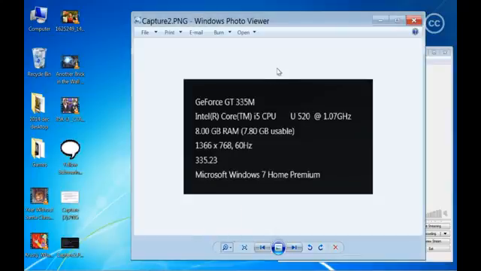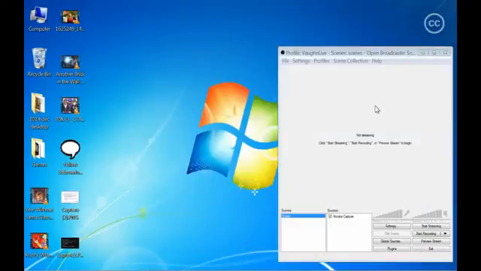I mean, here's my graphics card. I've got a GeForce GT 335M and an Intel Core i5 CPU. The idea that an NVIDIA GeForce graphics card would not support DirectX is garbage. It's complete nonsense, and I knew better than that. So I went looking on the settings